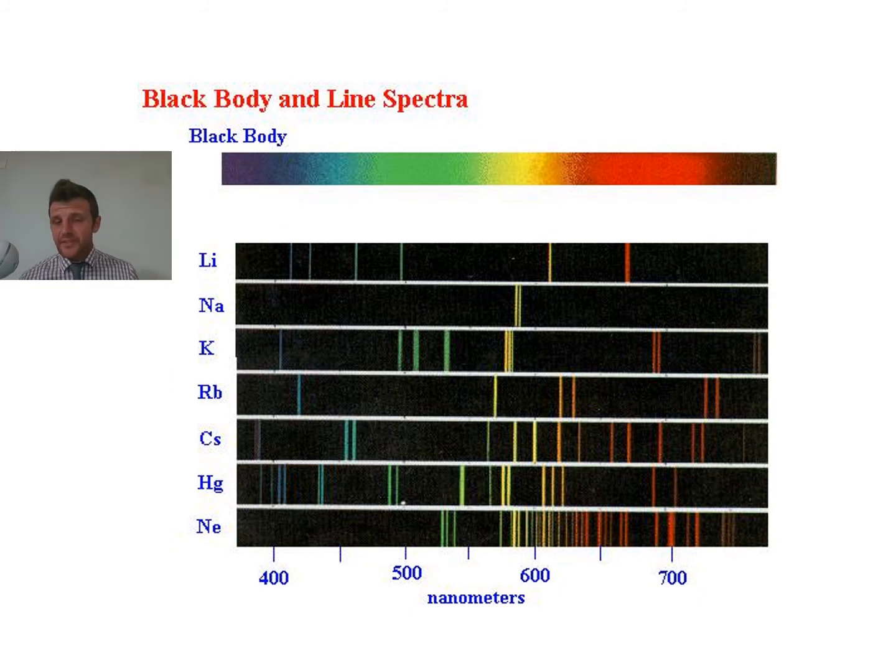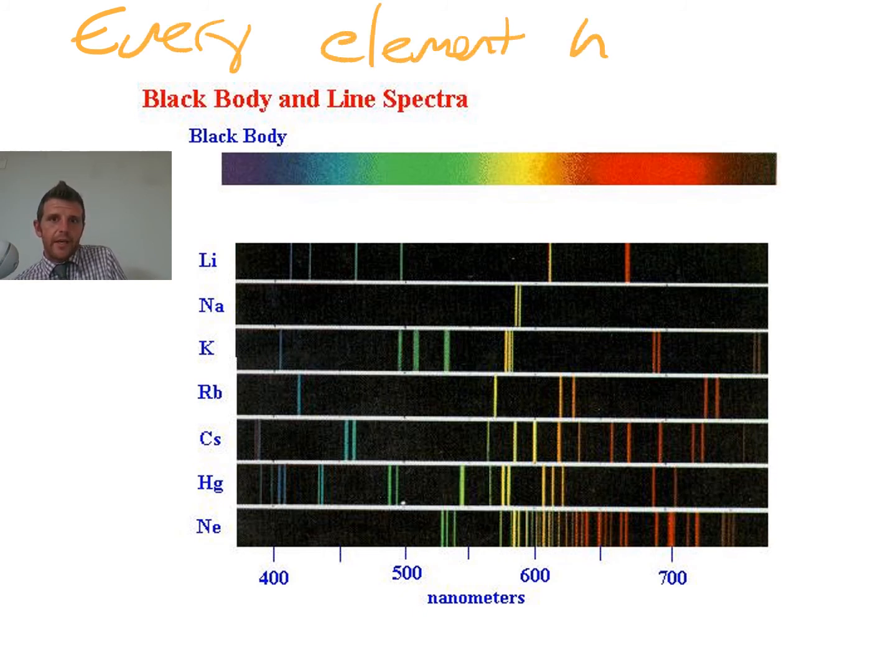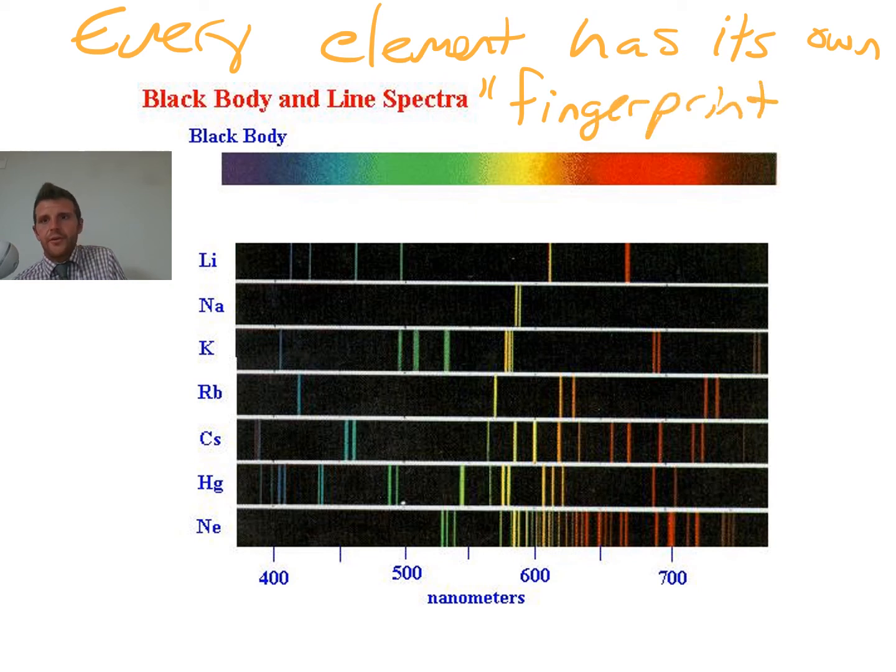And it is specific for each element. So in other words, every element has its own fingerprint. Fingerprint is just an expression. Every element has its own traces of emissions and absorptions, and we can use that to identify which elements are there,